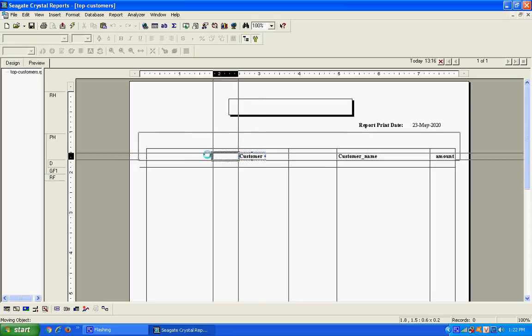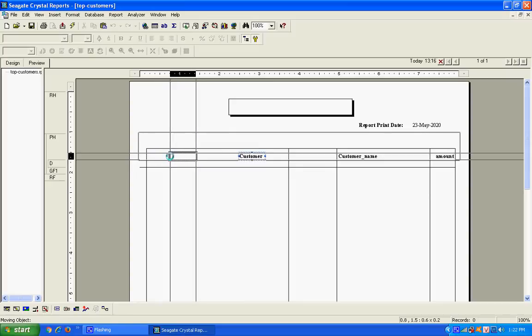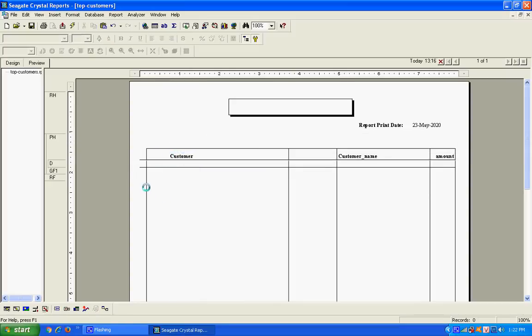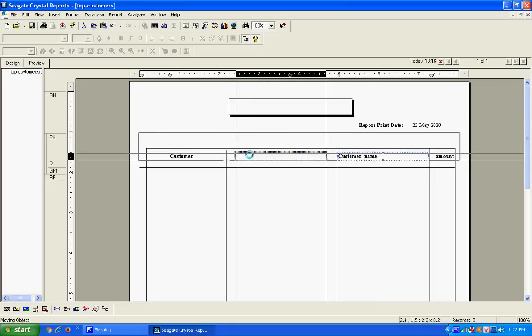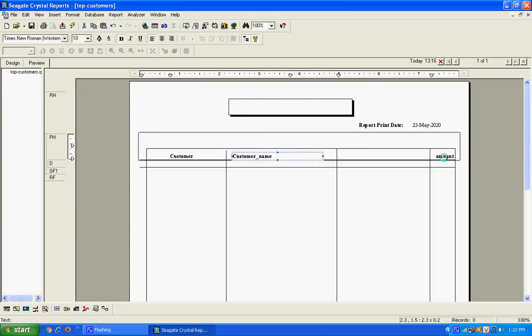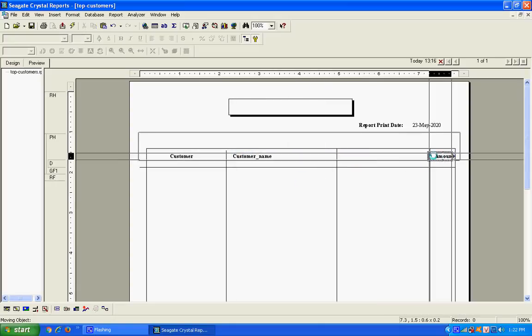I am going to set this manually, customer name and customer, this line we need here. Here we add the customer name. Okay, I add the amount here.